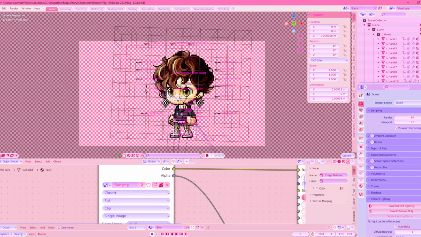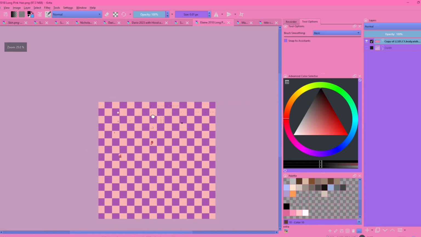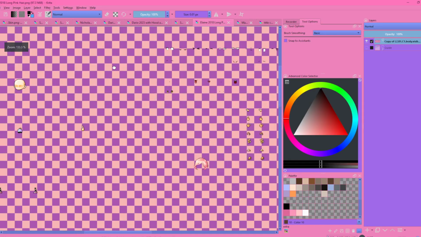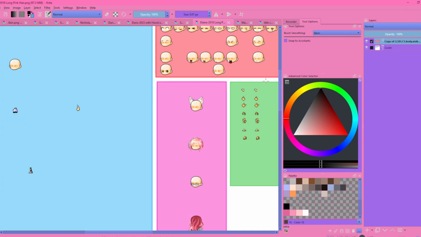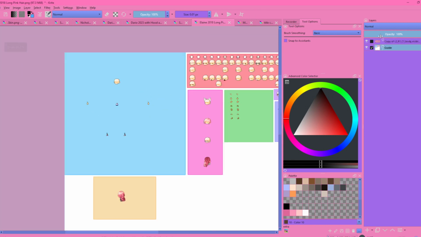And that system of placing images together will always be usable. Even when I change the rigging system, the images will still be an important part, and I will still make sure to keep the skin files compatible, so even if I update the rig, your image files will still work with newer versions. To showcase in Krita, an open source image editing software, what the image file looks like,